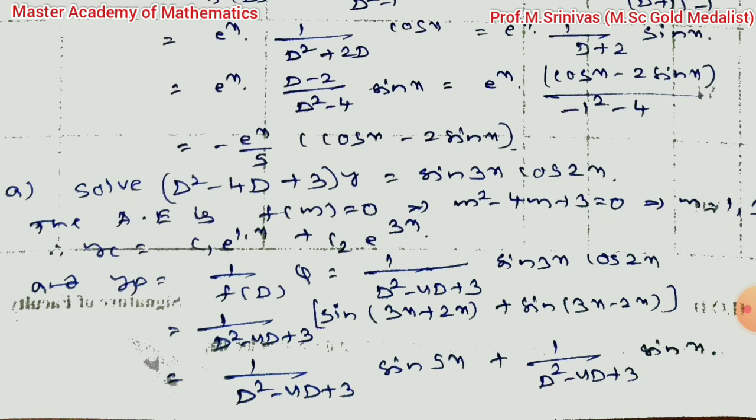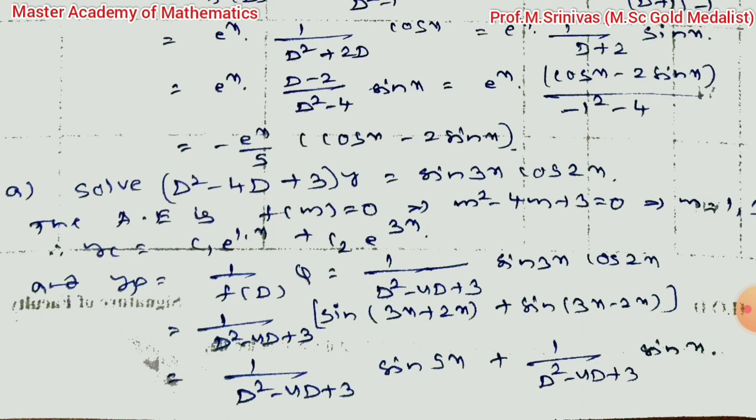And since sin a cos b type is there, you are using sin of (a plus b) plus sin of (a minus b), so that you are going to get that particular value. Just substituting that value, I think there was a small problem. Sine of (a plus b) plus sine of (a minus b), total divided by 2. So 1 by 2 I am just keeping aside. Of course, that was not mentioned in the paper. 1 by 2 is there, so 1 by 2 into that complete expression.